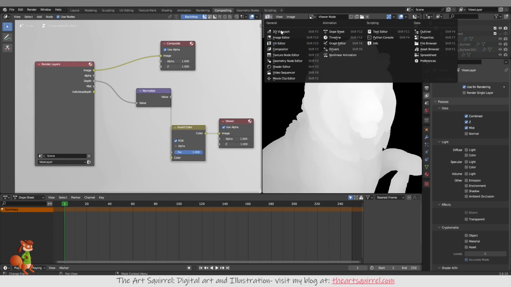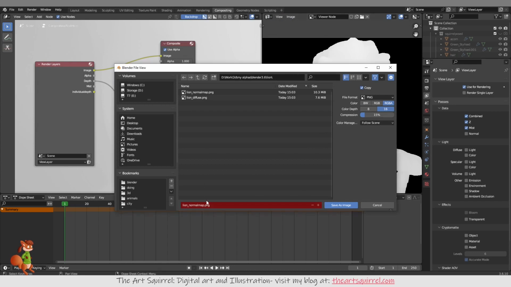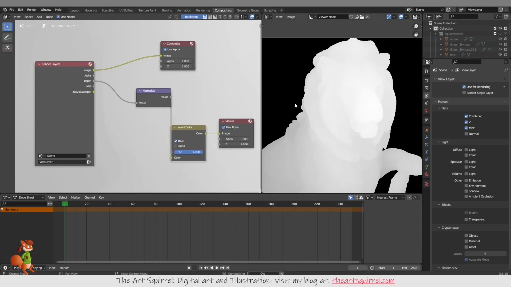This is a UV editor, and the way you save the image out is you go to image and save as, and then I'm going to call that lion depth. So we've got 3 images. Now the next stage,